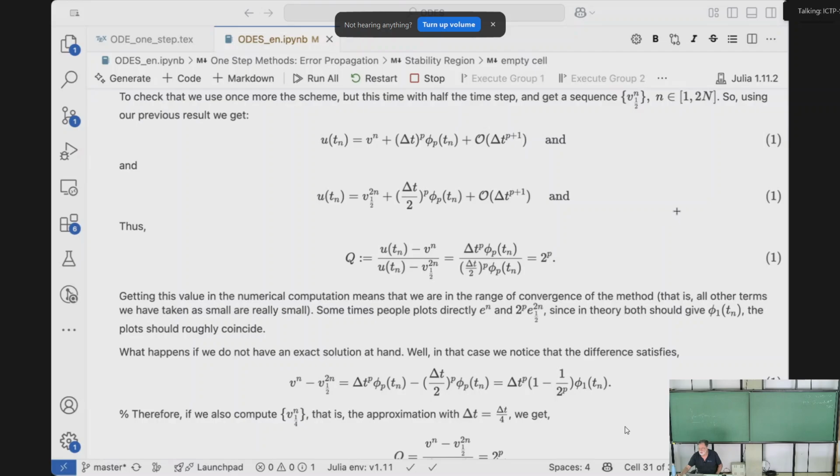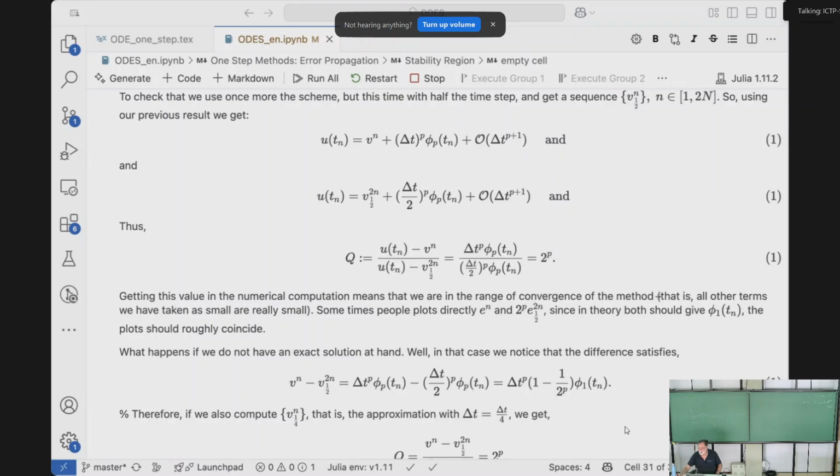This equal to this, so u is equal to 1 minus 2 to the p times b1/2 minus 2 to the p b1, something like this, has an error which is bigger because they cancel this, and